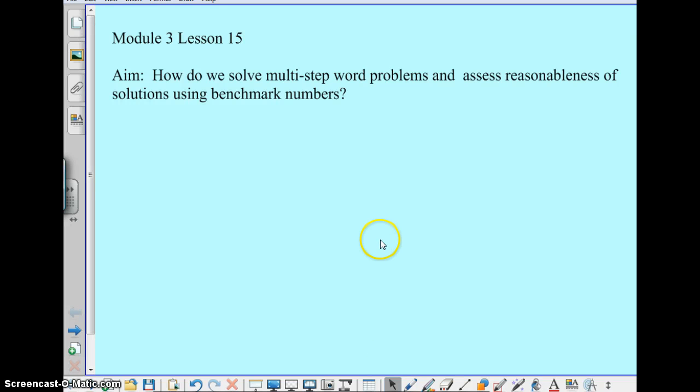Hey guys, okay. This is lesson 15 of module 3, which is our last lesson, which means it's word problems. I have to be honest with you, this is like the fifth time I'm making this recording because it's difficult for me to explain the way that they're doing the solutions because they're mixed numbers. So hopefully this recording will work and I'll be done and you'll be done and we can close up module 3,